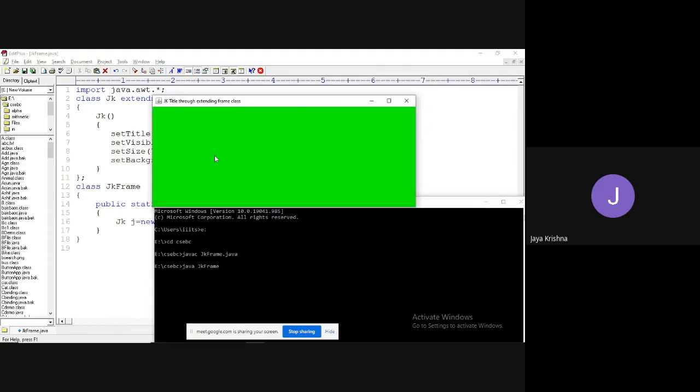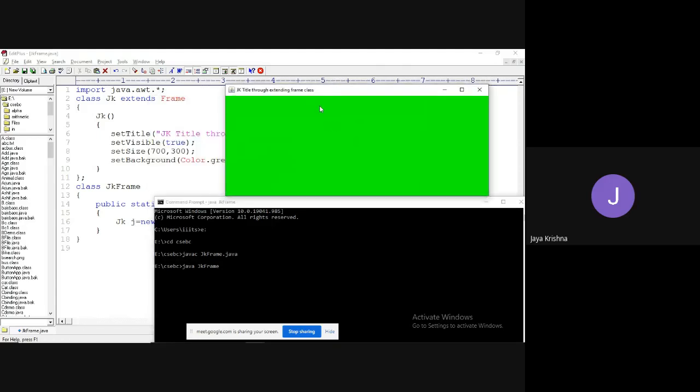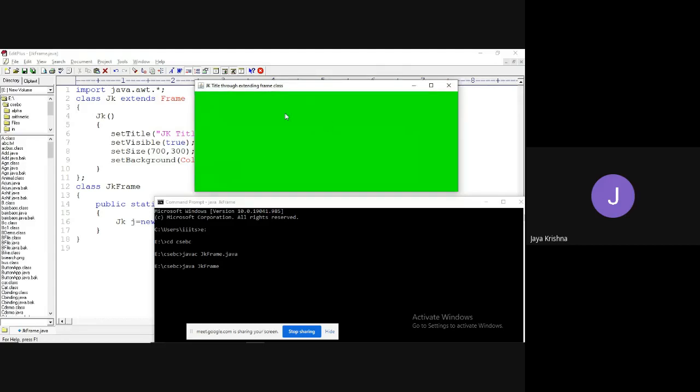Yes, we would like to write something here. If we would like to write something in this frame, what can I use? Is the applet's output and this AWT output the same or not? Yes, but applets are outdated. That is why we are moving to AWT. So if you want to write something here, which method do we go for? The paint method, I hope you know already. By simply overriding the paint method, you can write the data which you want.